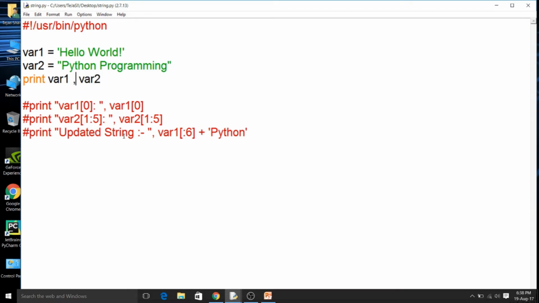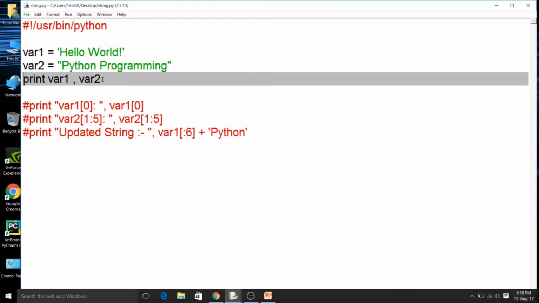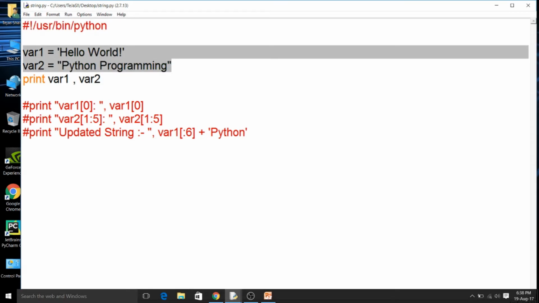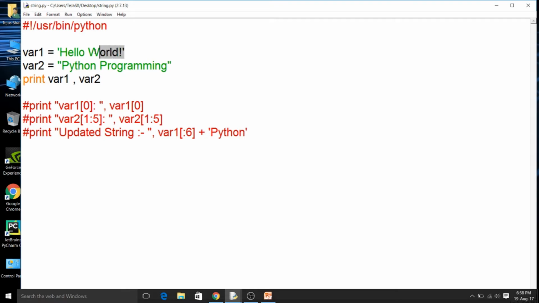So whenever you want to print any variable, then we don't use double quotes in which will be containing the variable in between. Rather, we will directly use the variable, and if there are more than one variable, then we can use the comma. So now we are going to take two user inputs